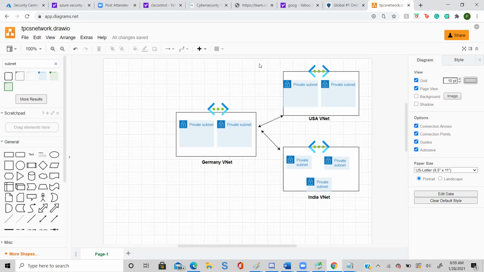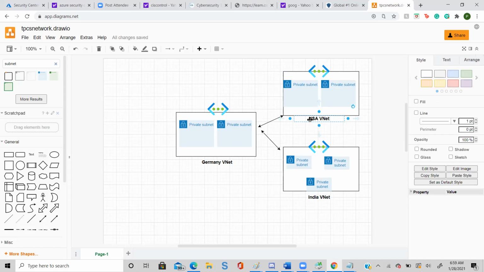Your traffic will be first filtered there, and then only you can go to India. If India needs to communicate to USA, first I have to make a connection with Germany, and from Germany my whole traffic is scanned, and then it will go to the USA VNet. This concept is called VNet peering.